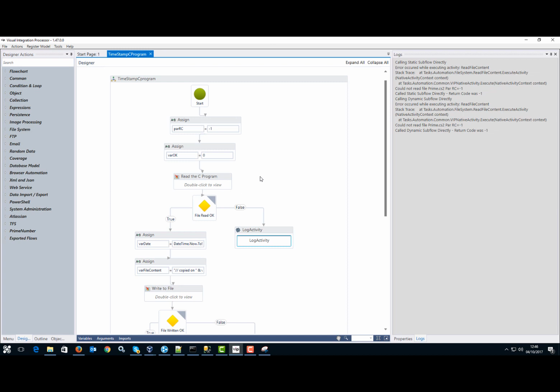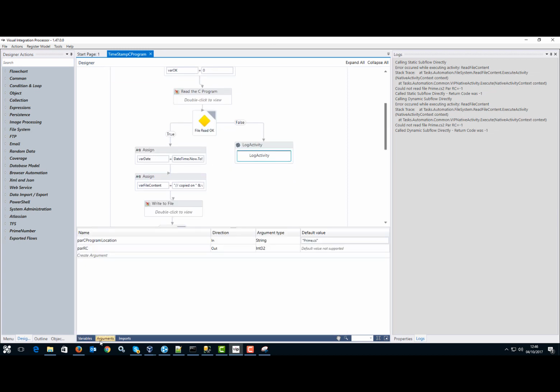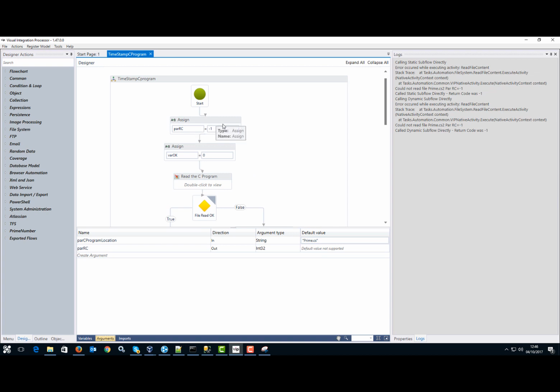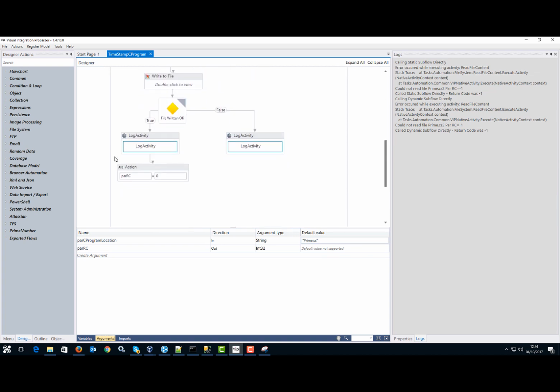And it's doing what it does, and let's look at the arguments. There's a couple of arguments. One is the name of the file, and then we've got a return code as well to say how I got on. Basically a return code is set to -1 if it doesn't work. If it makes it all the way to the bottom, you get a return code 0. So if we just do actions, execute that,